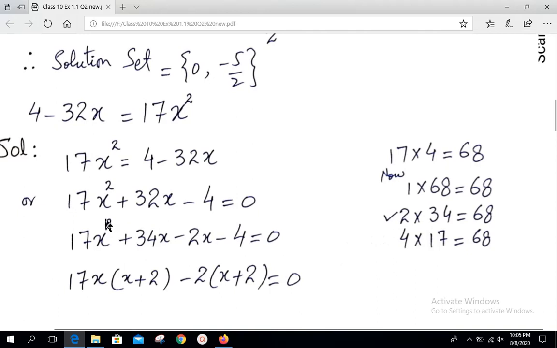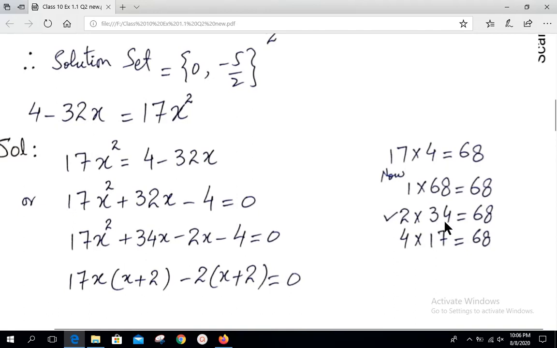Moreover, I would like to explain. Here you can see the first term having sign positive, the middle term having sign positive, the last term having sign minus. The method says multiply the first term coefficient with the constant. So you can see plus into minus, you are getting minus. This means this breaking will give you two different signs, one positive and one negative. The pair you selected as suitable is 2 into 34.